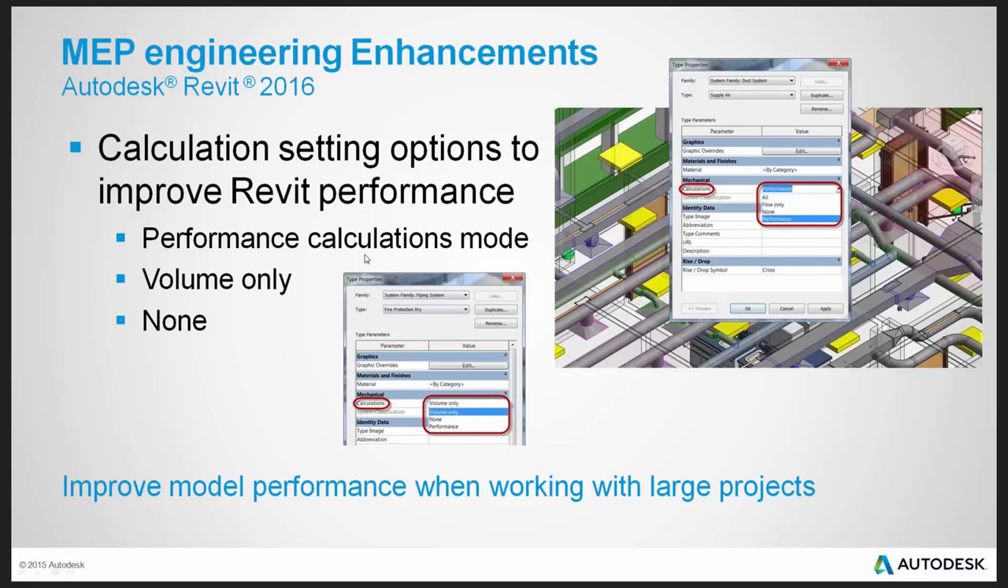So if we go to our type properties of any of our systems, you'll see that now there are options for performance calculations mode or volume only. When you set your calculations to performance, it's going to suppress the processing of system level calculations with most duct and pipe systems. So you're still going to get flow, you're still going to get some calculations, but you're not going to get the deep calculations that you might not even be using anyways. Your volume only calculation setting